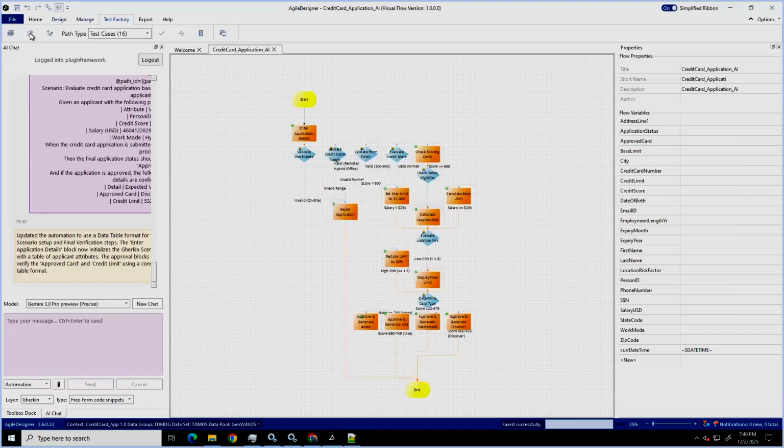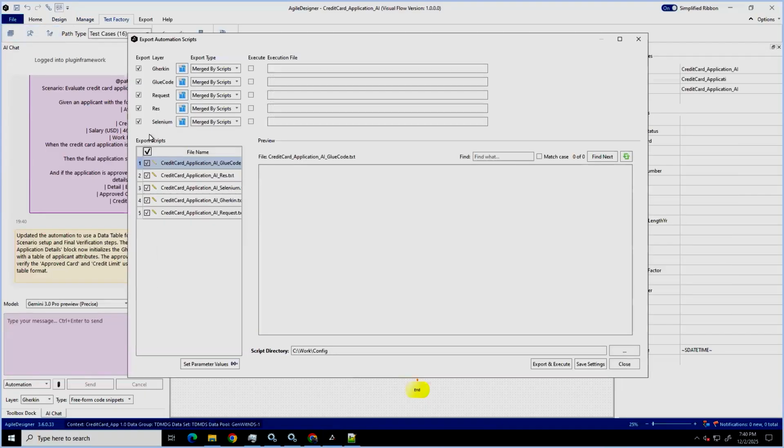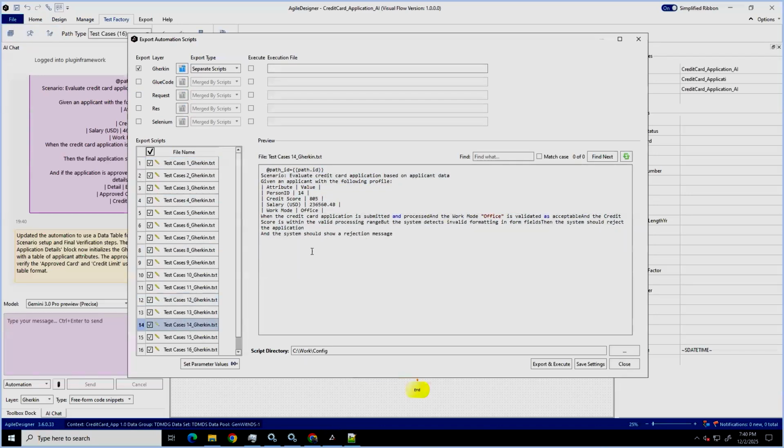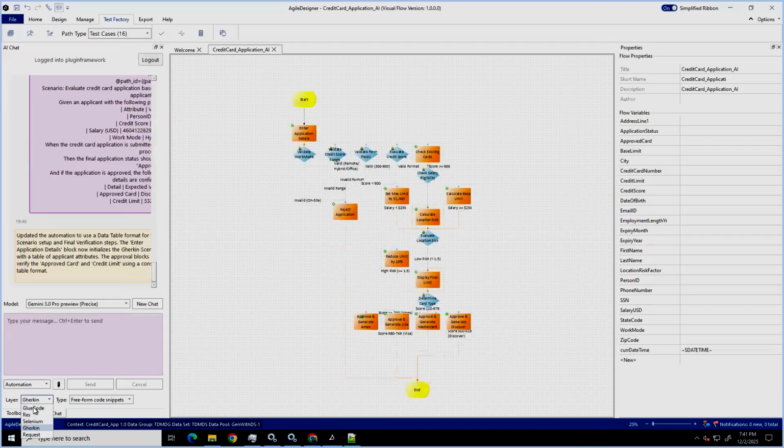So when I go back to my export and check again, it would have created like this. So this is something which I need. This is the format that I requested, and this is the format that I got. This is mostly the format that most of the customers that I'm working with use. Now I want to generate the glue code for it, right? So using the Gherkin